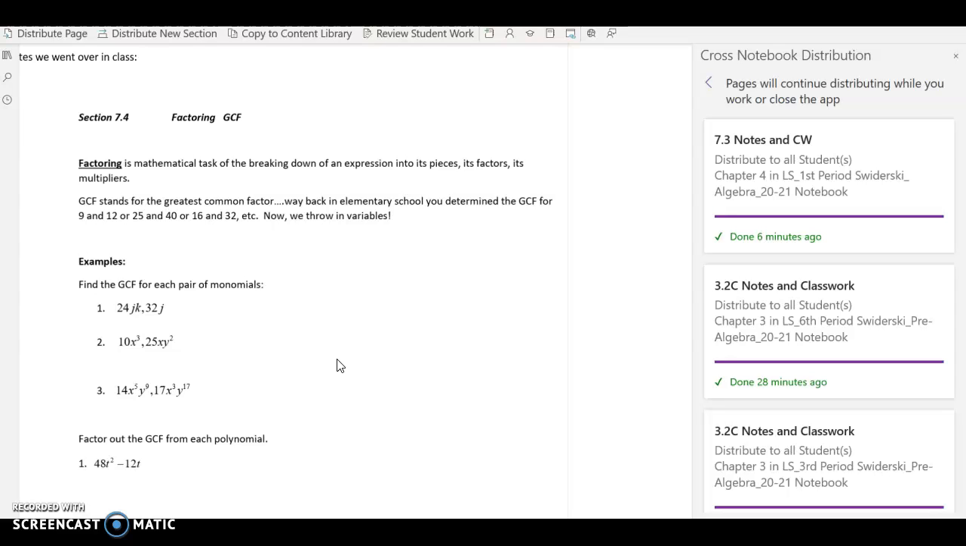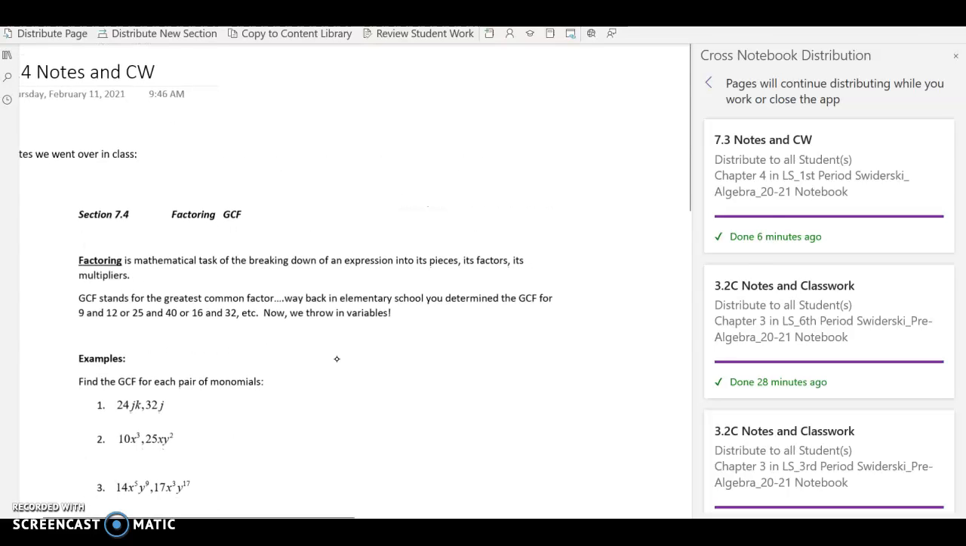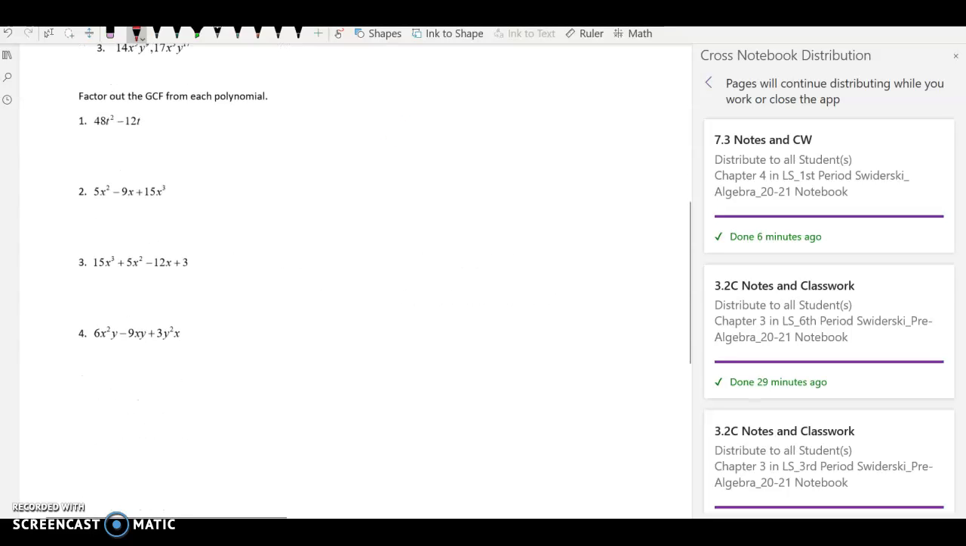So let's just go over a couple things. Let's just say, for the heck of it, that we're looking for the GCF between 16 and 32. Get this up. Why is this not working? Oh, man. So let's just pretend, for the heck of it, we're looking for the GCF between 16 and 32,